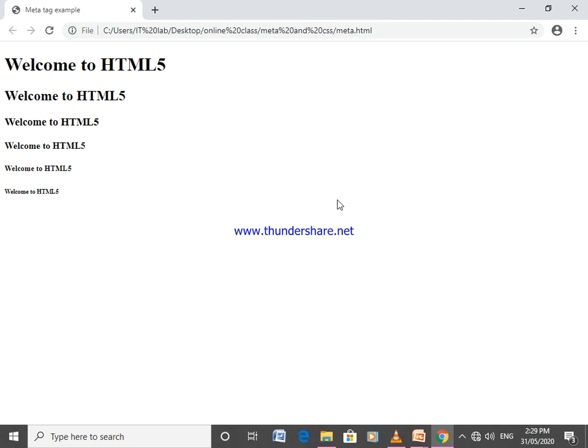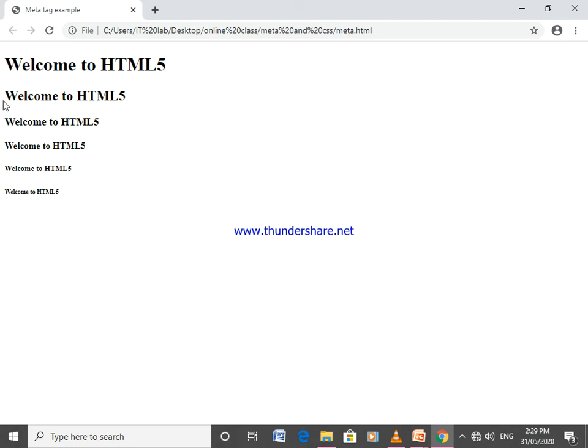Whatever information we have given with the help of the meta tag will not be displayed on the page itself. You are getting my point. Only the information designed in the body section is displayed, that is, the 6 levels of heading tags H1 to H6.